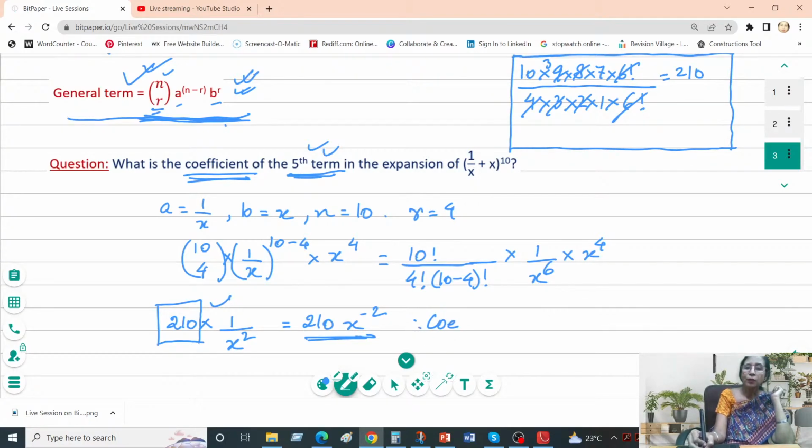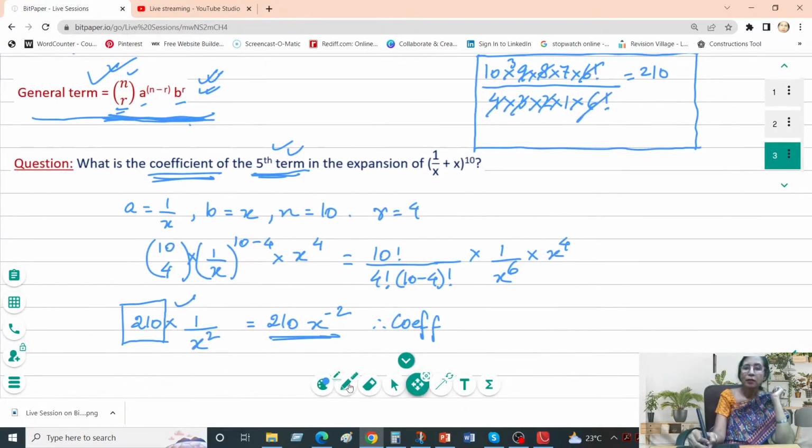Coefficient, therefore, coefficient, I am writing only the coefficient because I cannot go to that side. Coefficient of the fifth term